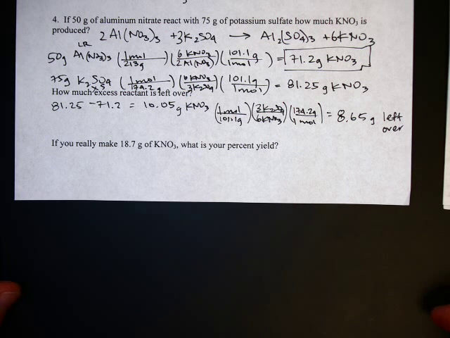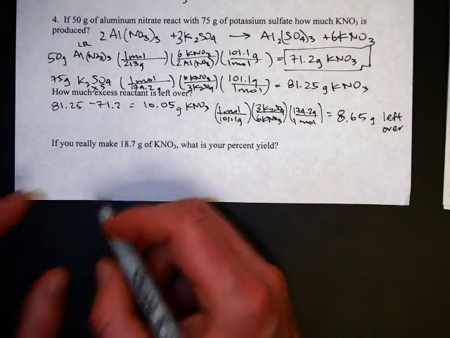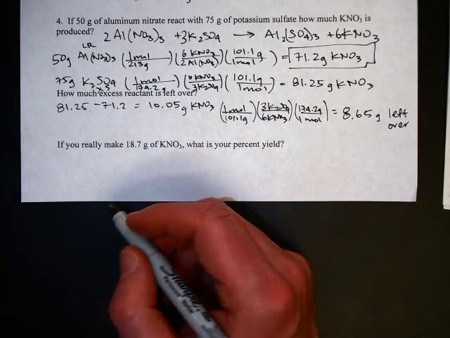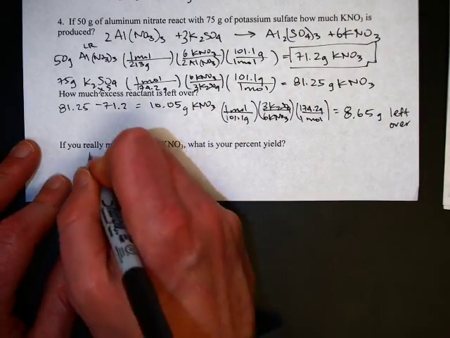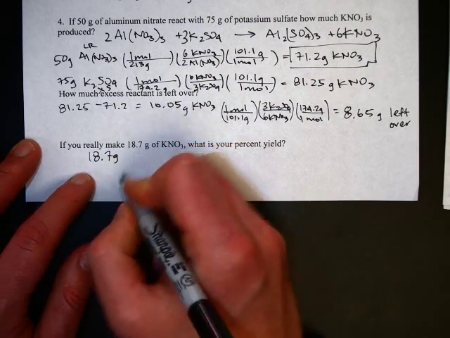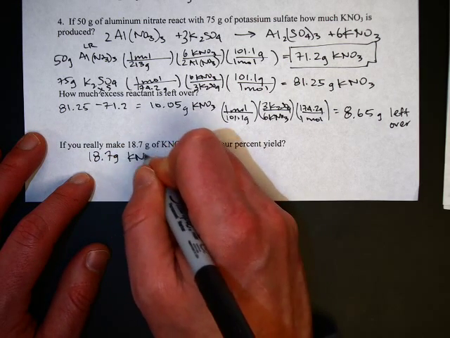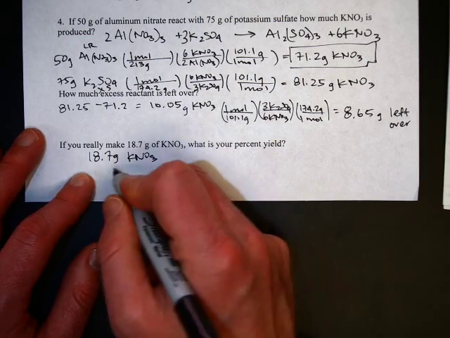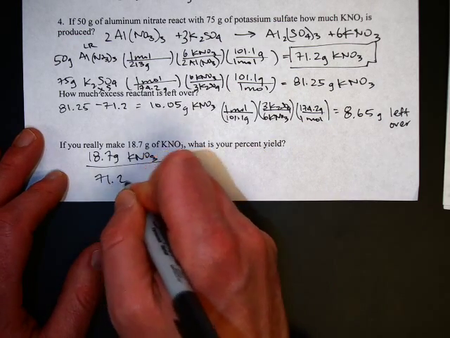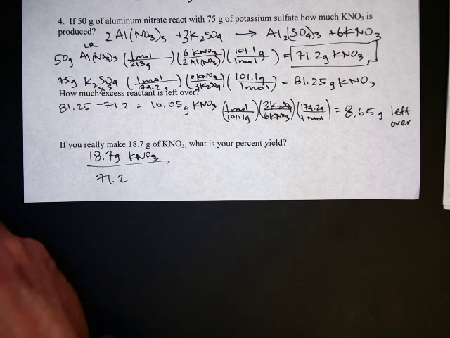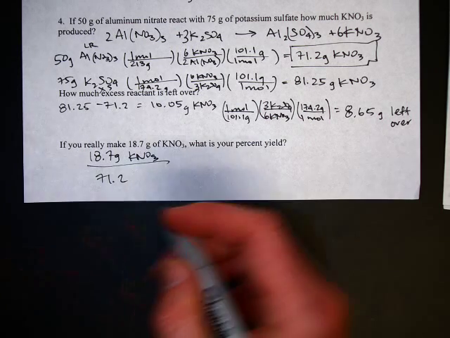Finally, if you really make 18.7 grams of KNO3, what's your percent yield? Let's see, 18.7 grams, not a lot, I guess. Divided by what you should have made, which is 71.2. You get about